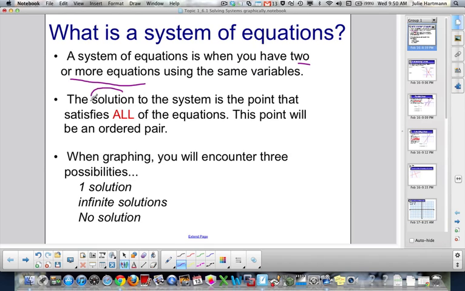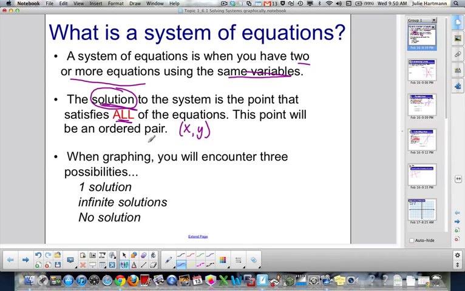The solution, because that's what we're going to look for, is the point that satisfies all of the equations. And that point will be an ordered pair. So when you find a solution, you are looking for an x and a y value, because with two or more equations using the same variables, you're going to have two variables, an x and